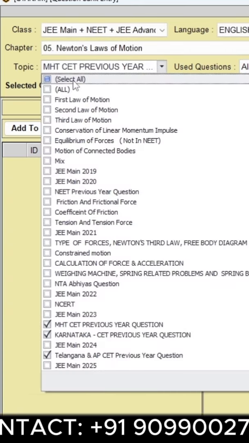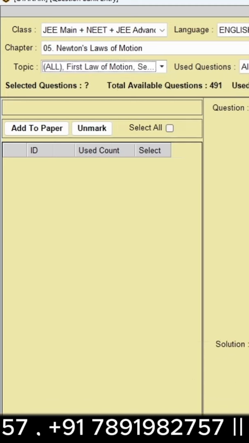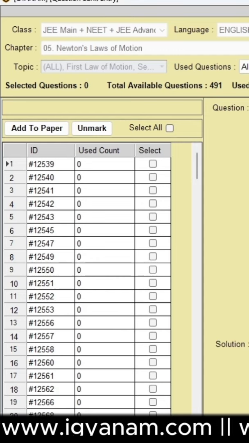Now I am going for select all. So in this chapter, easy level, now we are going for total number of questions. So in easy level, total 491 MCQ questions are available. Now when you